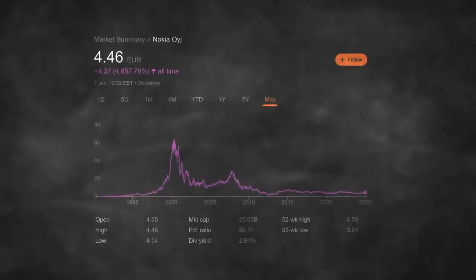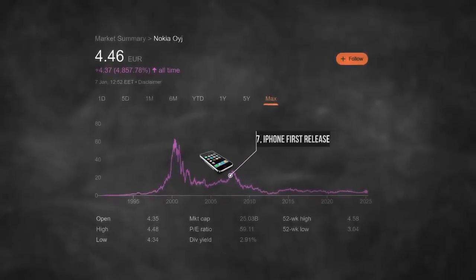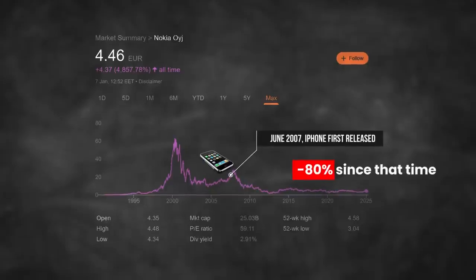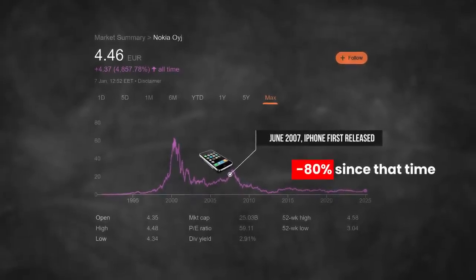Imagine if you'd put all of your money into buying Nokia stock just as the iPhone started to take off. You would have had a pretty bad time over the past few decades. What you need is lots of different types of investment to help diversify yourself against all of the risks involved with investing.